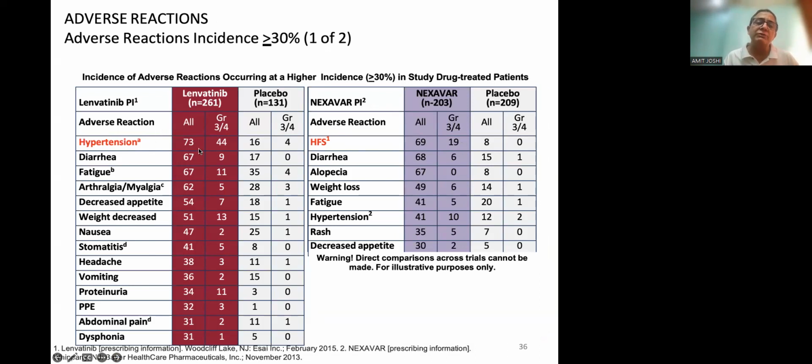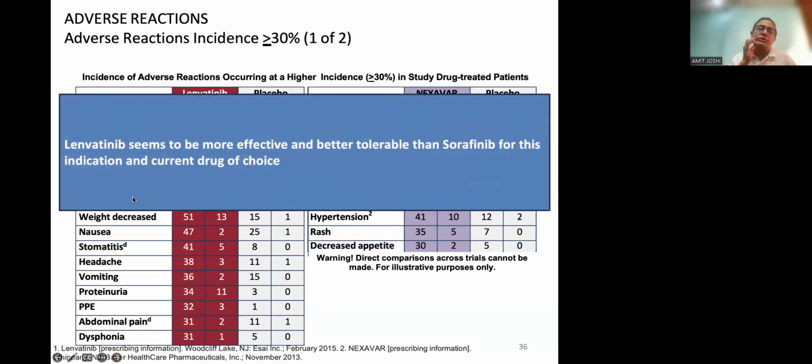So lenvatinib causes more hypertension, and sorafenib causes more hand-foot syndrome. When we finally conclude these two trials, lenvatinib seems to be slightly more effective and better tolerated than sorafenib for this indication, and it is usually the current drug of choice. Fortunately, the generic brand is available in our country, and even for the innovator, the cost is not that high compared